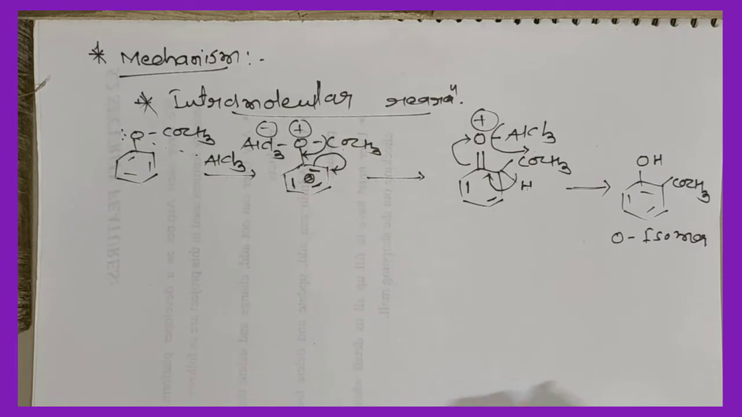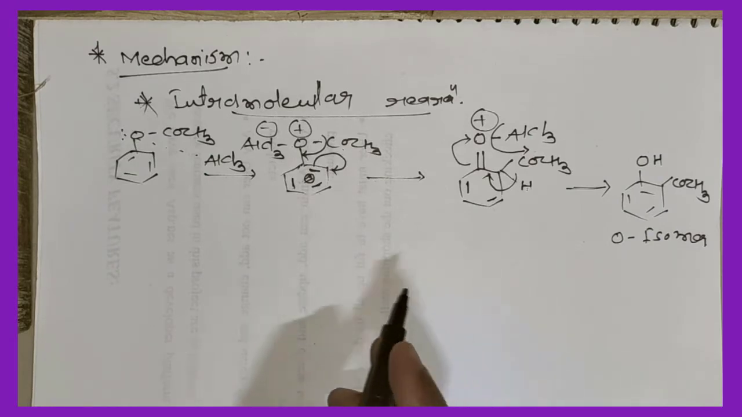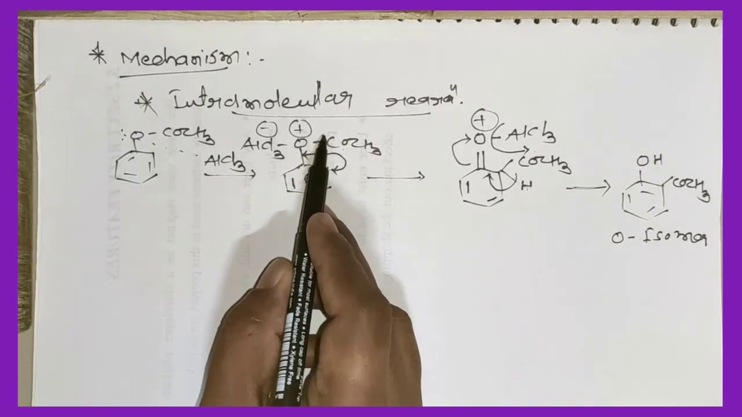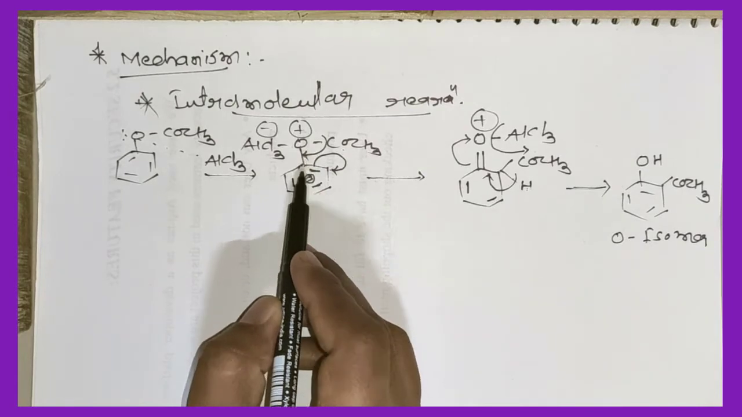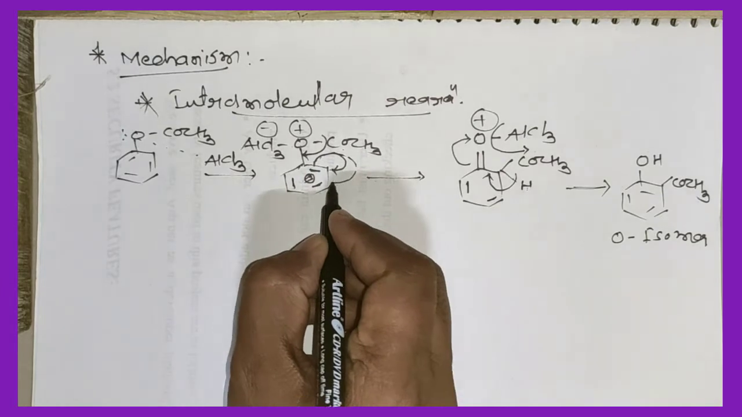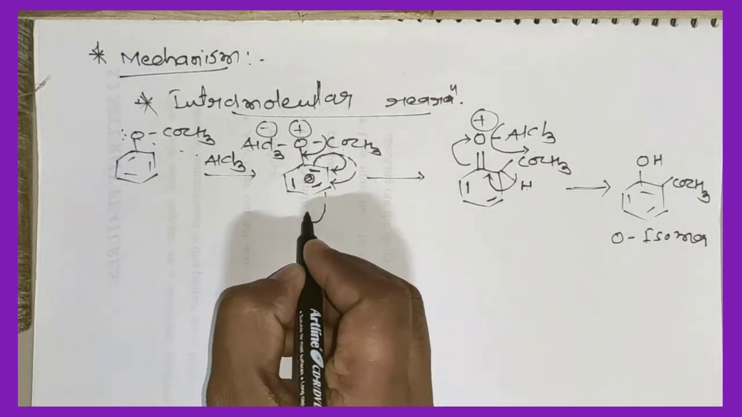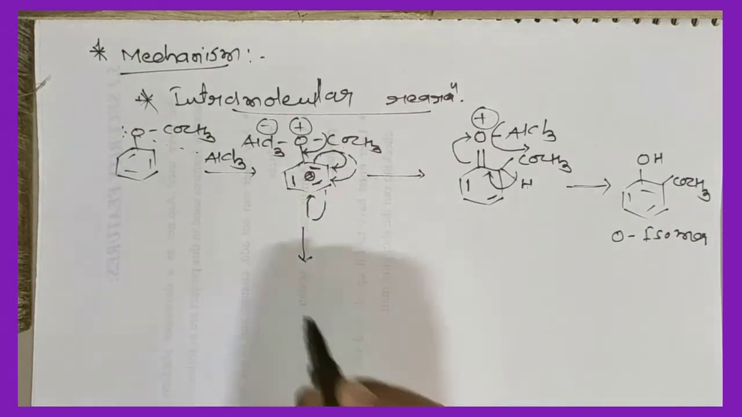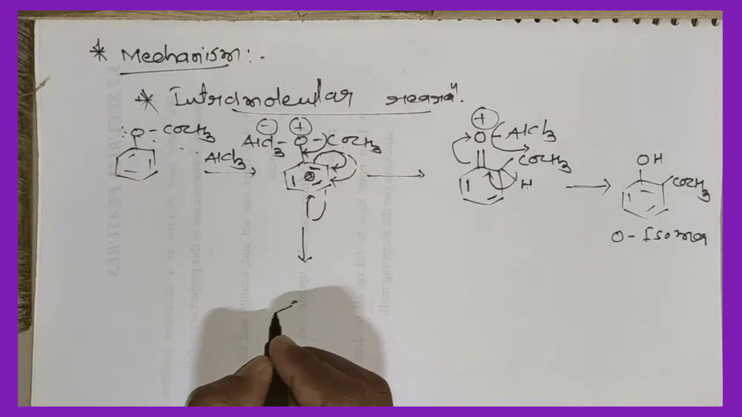In the same manner, the para isomer is also possible. Now there is a minor change: this bond transfers to here. Now instead of this bond here, this bond transfers to here, and this bond transfers to the para position. So now we get this type of intermediate,